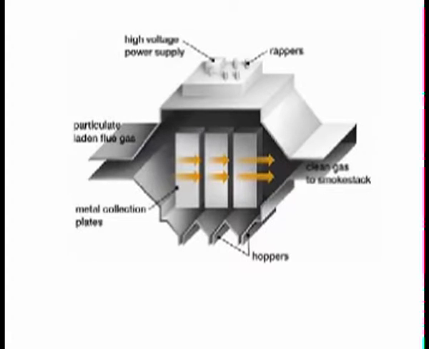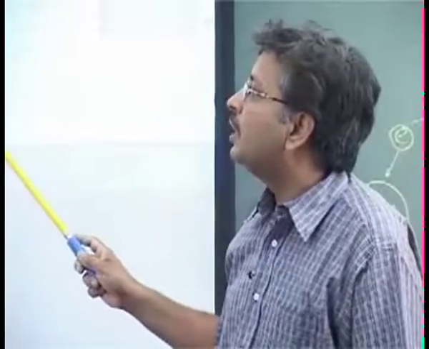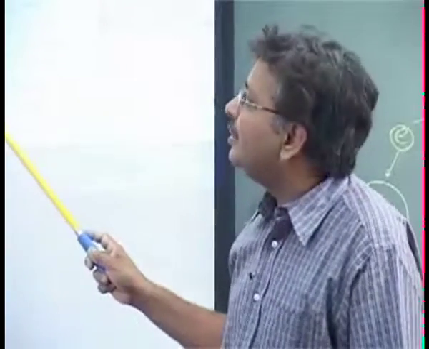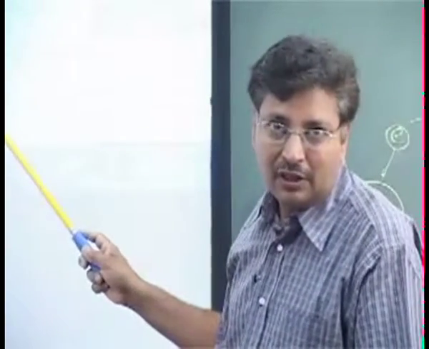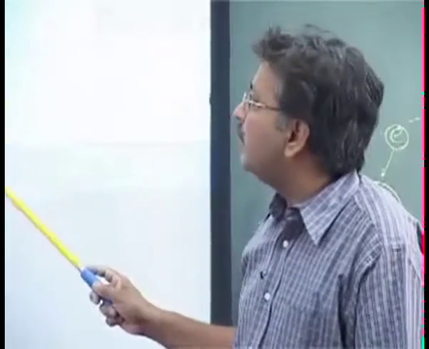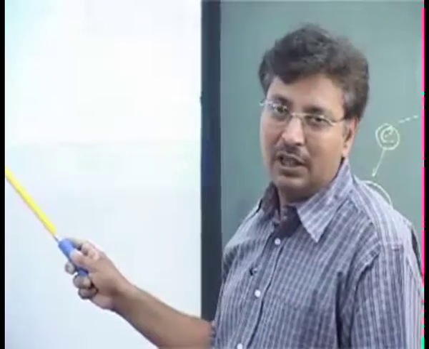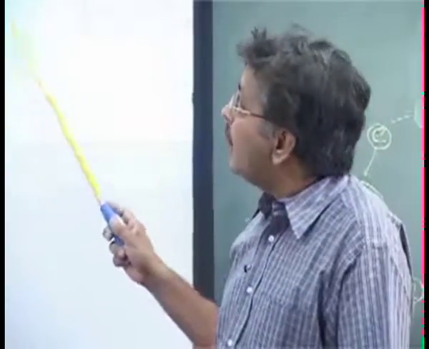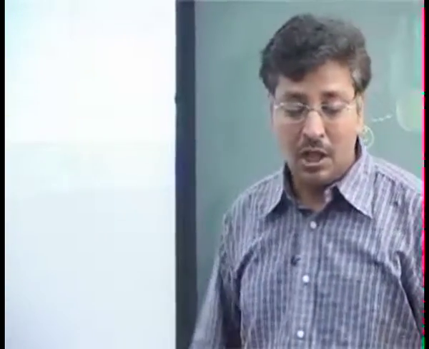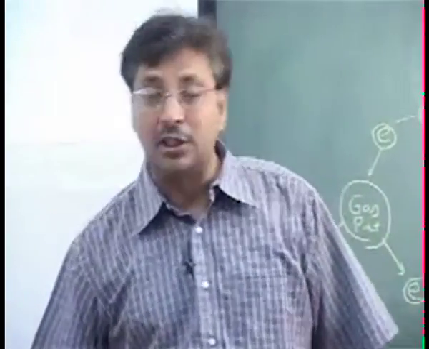So most of the emission you only see when the last field or last plate is being wrapped. Because most of the collection will be here followed by this one, and there will be a minimum collection here, so that part is not so significant. That last wrapping operation is very rare, once in, let's say, 24 hours or something. So at that moment, sometimes you see a very good plant, you see the chimneys